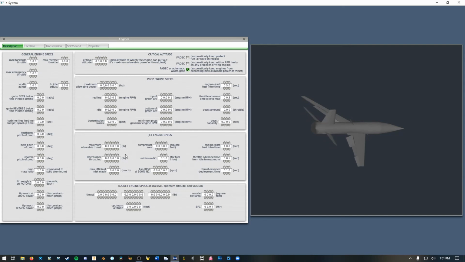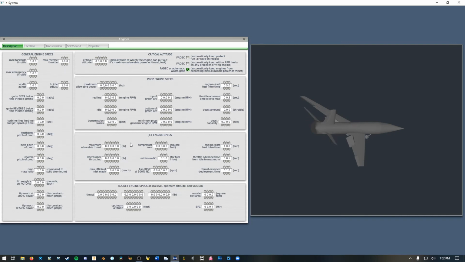So the power and fuel consumption of your engine are something that is completely controllable by the user. X-Plane doesn't really interpolate on any of those calculations. So this allows you to pretty accurately model real-world engines, which some of you may be doing later if you're